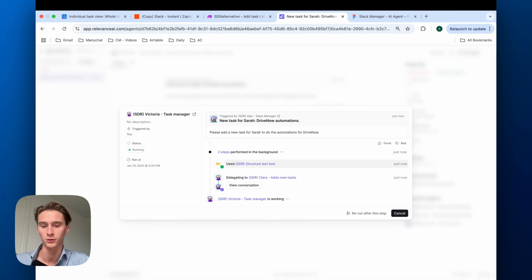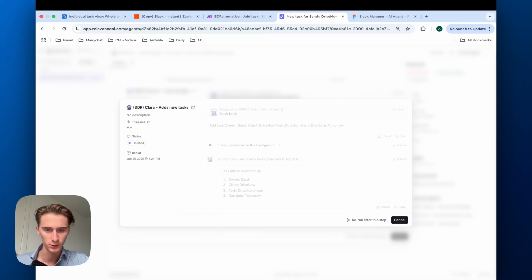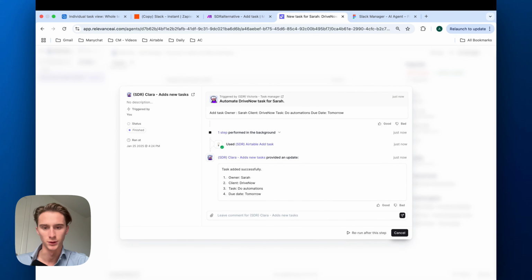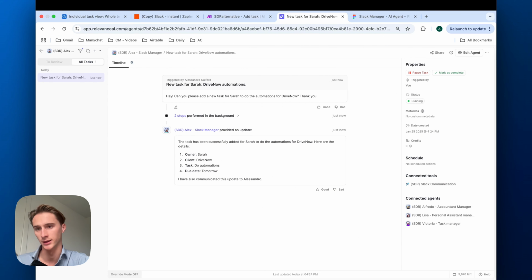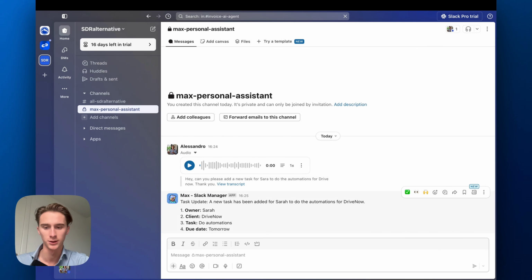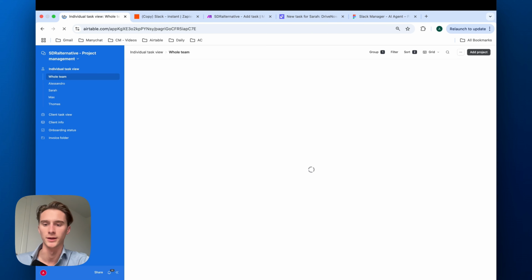And what Victoria will do is use a tool which will structure this text in a way that Clara can easily understand it, and will then be able to add it into Airtable. So I'll show you exactly how that works. But here, as you can see, it uses the Airtable add task tool, and then it will report back to Alex that it has been done, and we will receive a message here, as you can see: task update, a new task has been added for Sarah to do the automations for Drive Now, and then you have an overview. And then if we go to the Airtable,